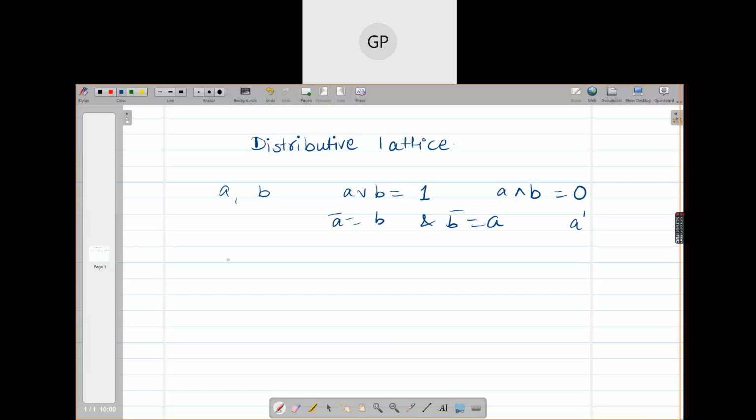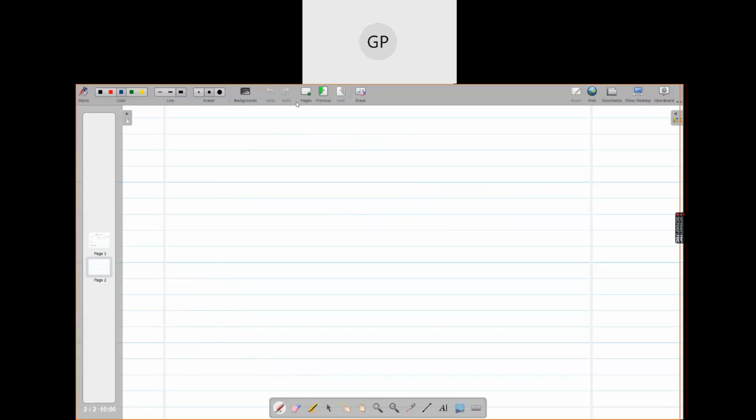Now we want to see distributive properties and distributive lattice. I will just tell you, a lattice whose Hasse diagram looks like a rhombus is called a diamond lattice. Okay, girls, can you hear me? So this is called a diamond lattice. Please remember this. Now let us go to the distributive lattice.